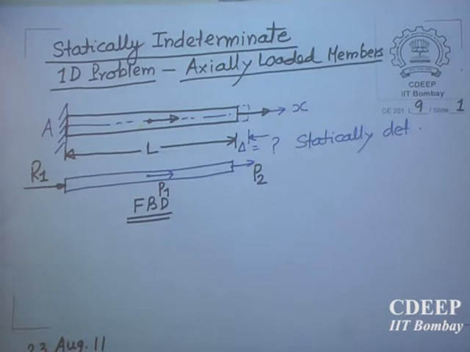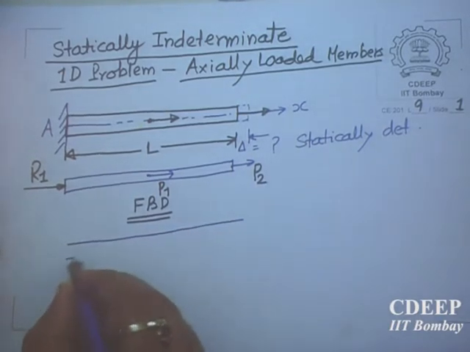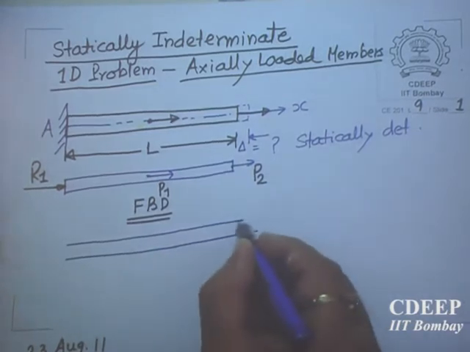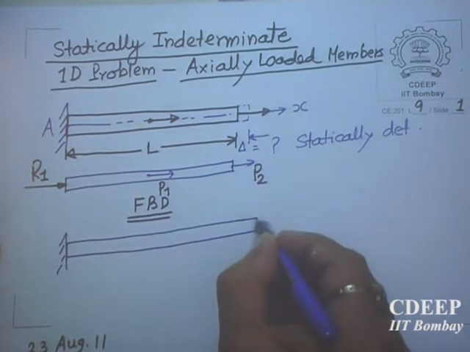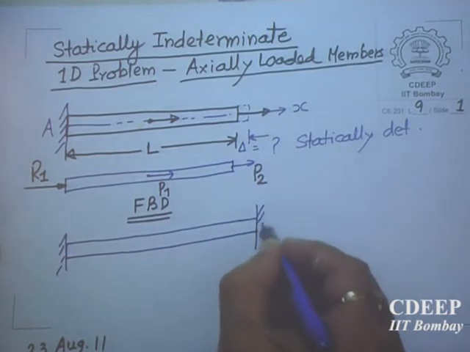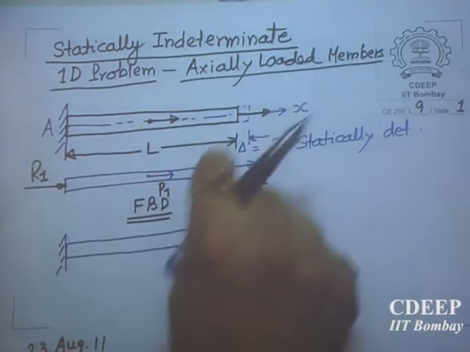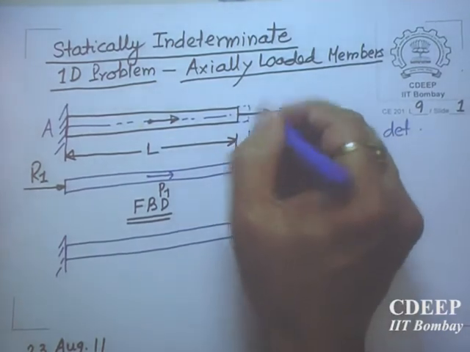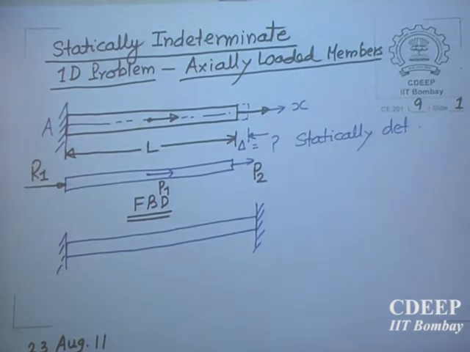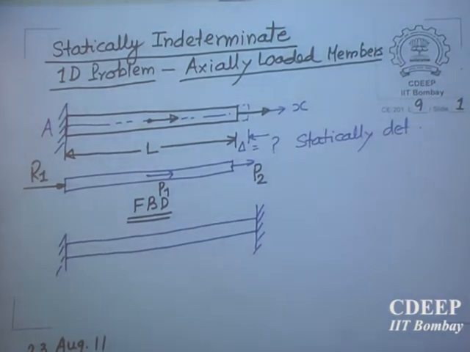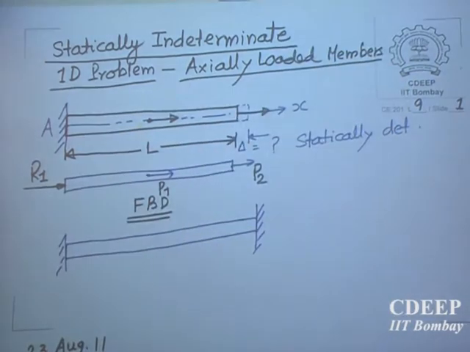Now we make it indeterminate. The same problem I am making indeterminate. So the rod is the same, of length L. It is clamped here. Then I also clamp it here when there is no load applied to the bar. Not after the load is applied and it has deformed by this much amount delta, and then you clamp it. You can say that I will clamp it later, after application of load, when it has already elongated. Then what will happen?